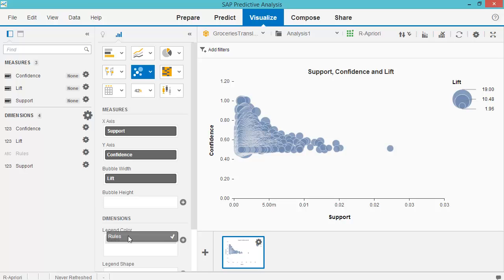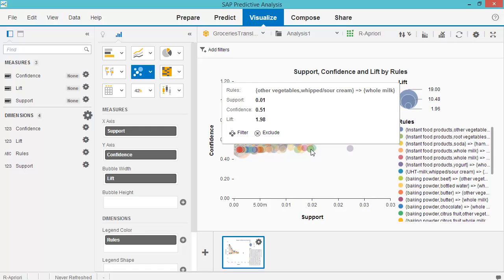You can see the cutoff at 50% and 0.01%. You can see the rules that are above it. So for instance, we can go to a single rule here. Other vegetables with sour cream are bought together with milk. Support level is 1%, which is quite high. Confidence not that high, 51%.